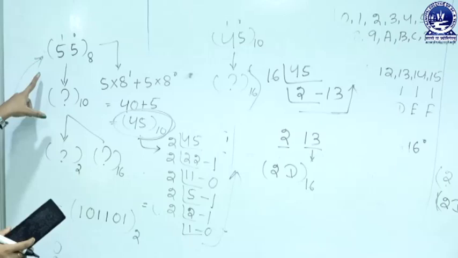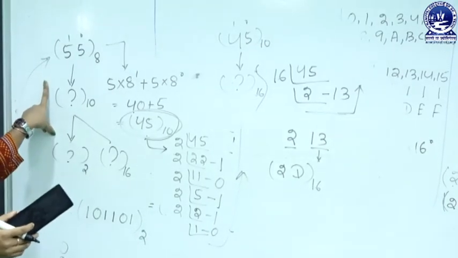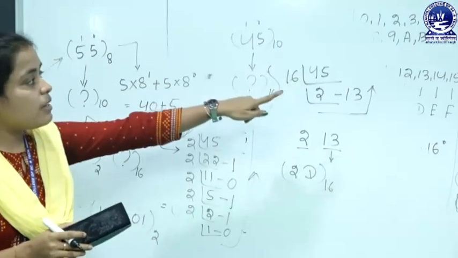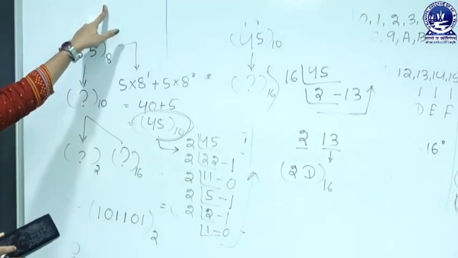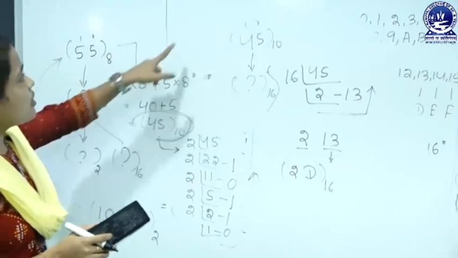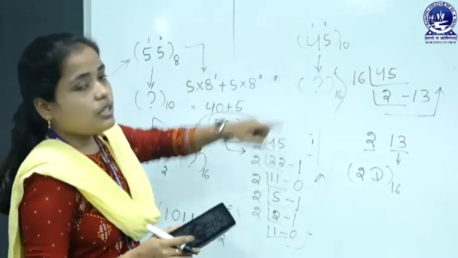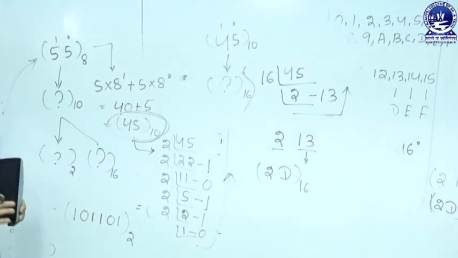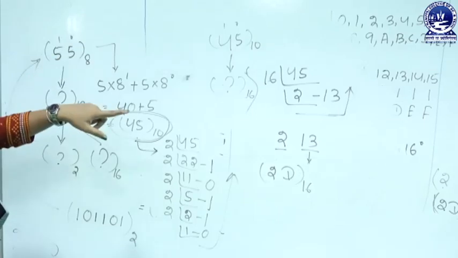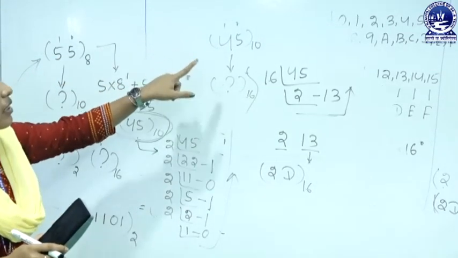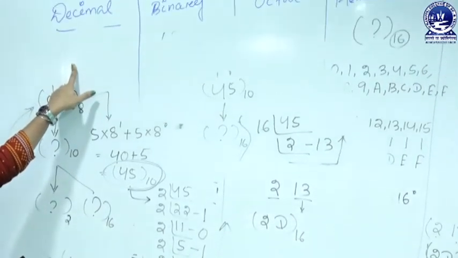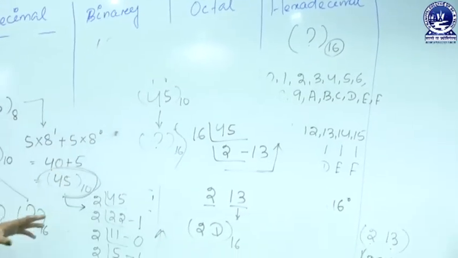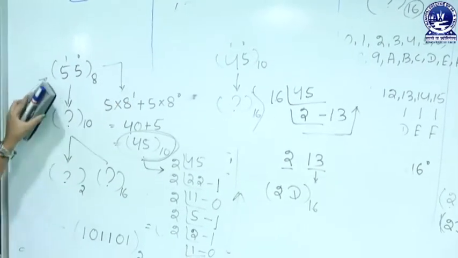In the same way, you can convert a hexadecimal value into its octal or binary value. First you have to convert the hexadecimal value into its decimal format, then from decimal format, using these methods, you can convert into its binary and octal value. You cannot directly convert octal to hexadecimal or octal to binary, but you can convert octal to decimal. And for hexadecimal also you cannot directly convert. Through the decimal value we have to do the conversions.